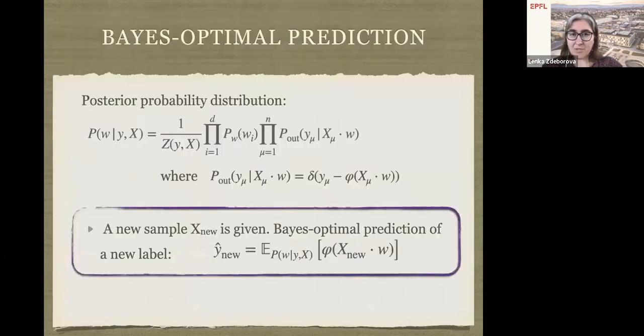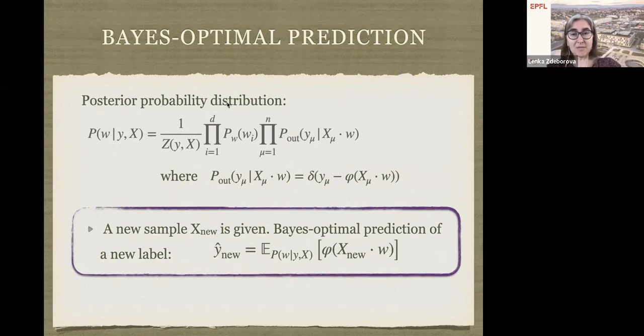So the first notion that I want to introduce is the Bayes optimal prediction. That is the prediction of labels on new samples, inputs X, that were not seen in the training set. In the setting of the teacher-student, where we really know the model from which the labels were generated, we can prove that there is no possibly better procedure, or estimator, than the one stated here.